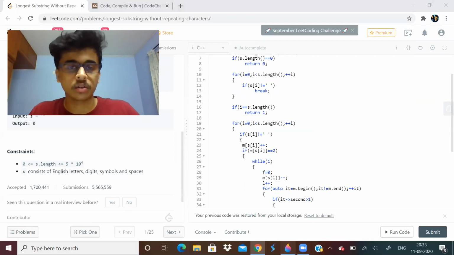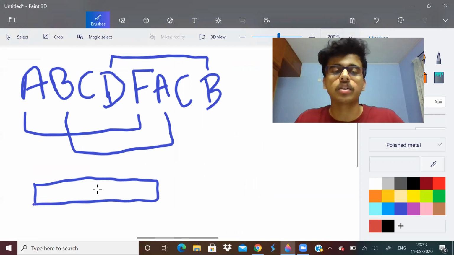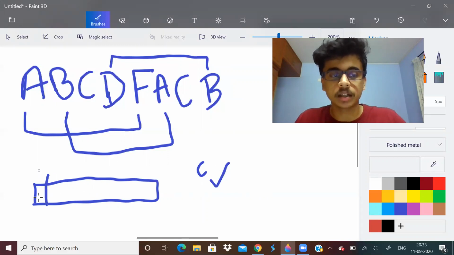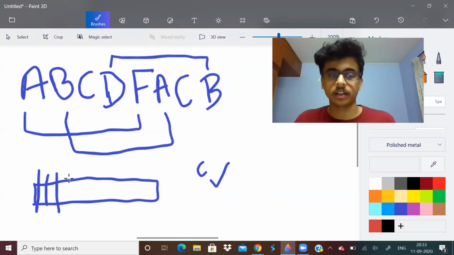Like, if you don't know what is the standard sliding window, let me tell you. Basically, what we do is we keep expanding the window size, okay? We keep expanding the window size until some condition is satisfied. Once the condition is not satisfied, we will keep reducing the size, we will keep shrinking the window from the left side, okay? So from the left side, we'll keep shrinking and we'll keep erasing, and we will keep adjusting our window. So basically, this is what we do in sliding window: expand from right side and keep shrinking the left side.